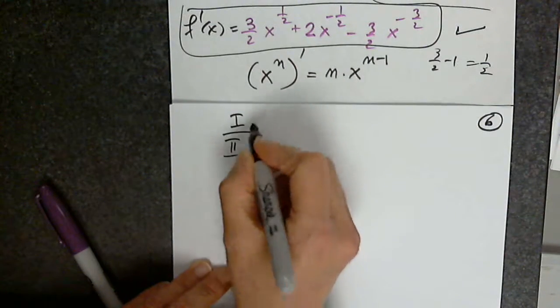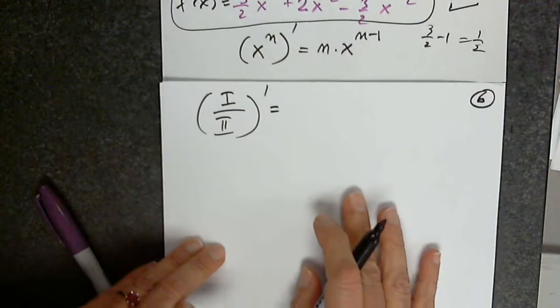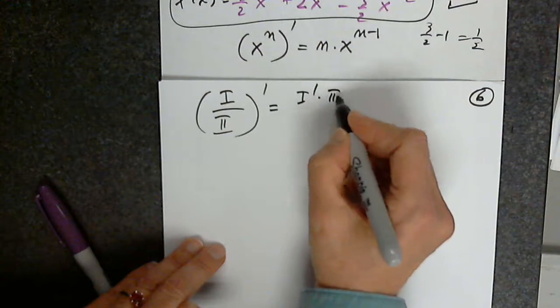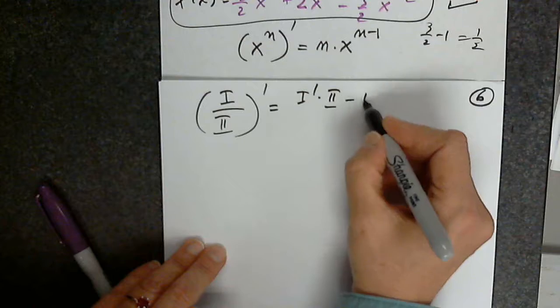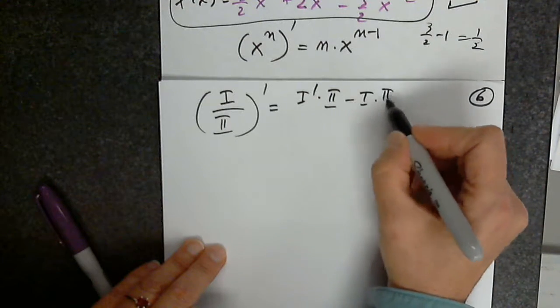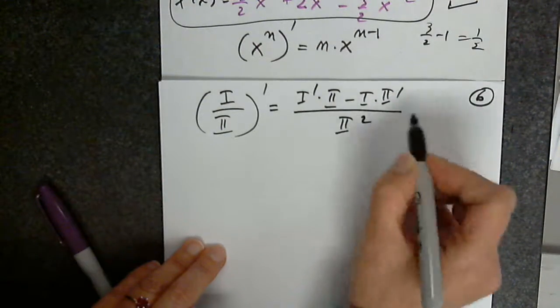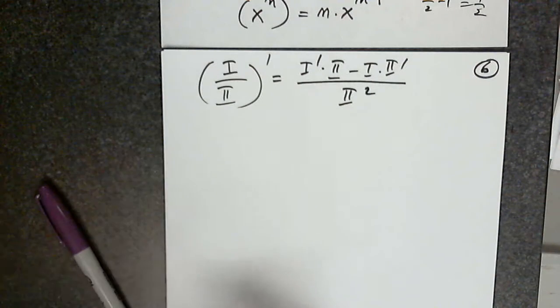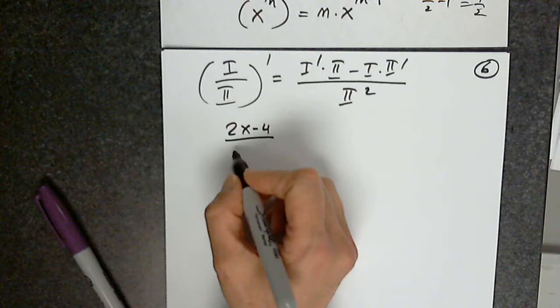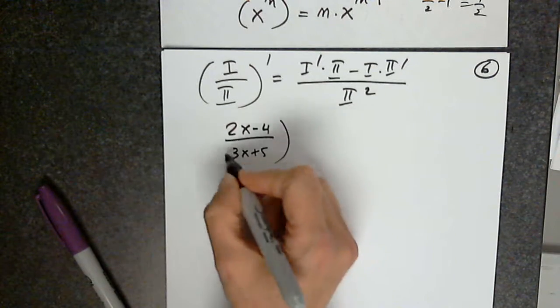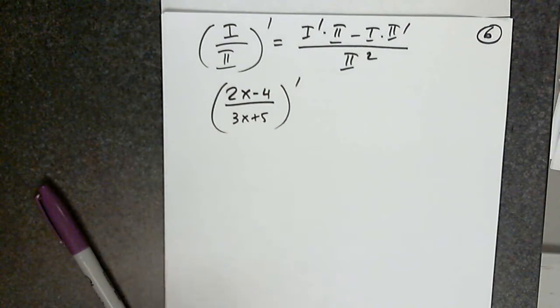1 divided by 2, prime, will be 1 prime times 2. Again, I prefer the same order, 1, 2, 1, 2, but you don't have to. 1 times 2 prime, divided by 2 squared. Okay, so we have 2x minus 4, everything divided by 3x plus 5, and everything prime. Just give me 1 second to get my